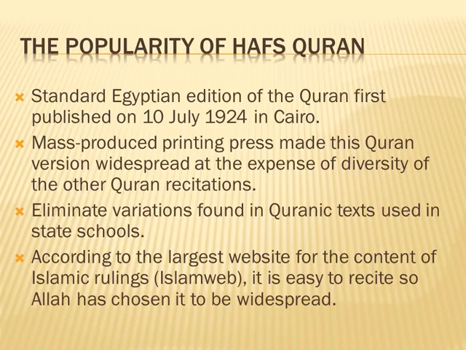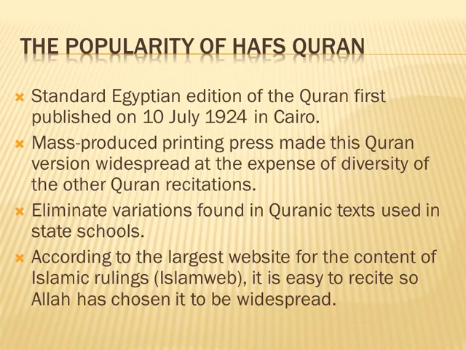From all the different versions of the Quran, one particular Quran recitation that has reached overwhelming popularity is the Hafs version. This was brought on by the standard Egyptian edition of the Quran, first published on 10th of July 1924 in Cairo. Its publication was seen as a terrific success, and the edition has been described as the official text of the Quran, so popular among both Sunni and Shia Muslims that the common belief among less well-informed Muslims is that the Quran has a single, unambiguous reading, namely this 1924 Cairo edition.